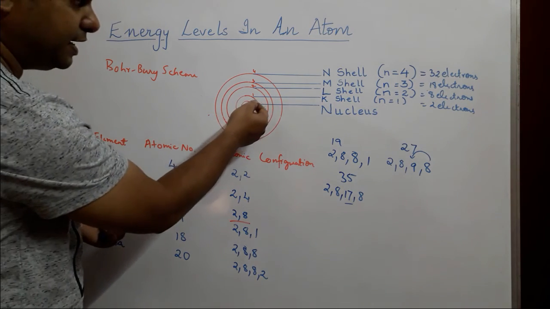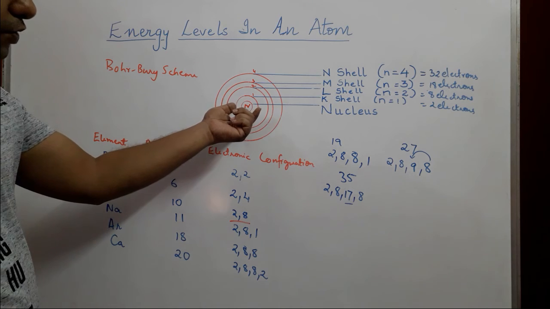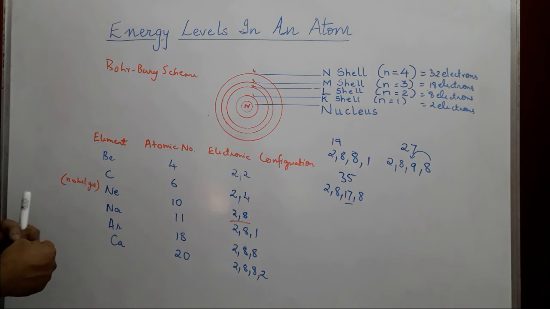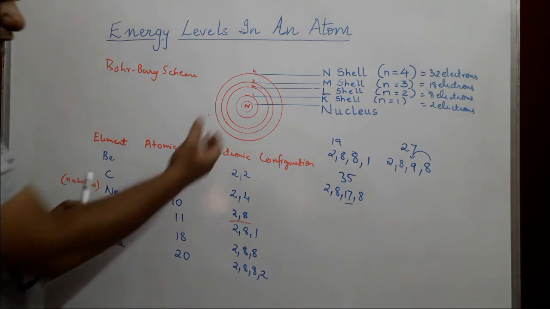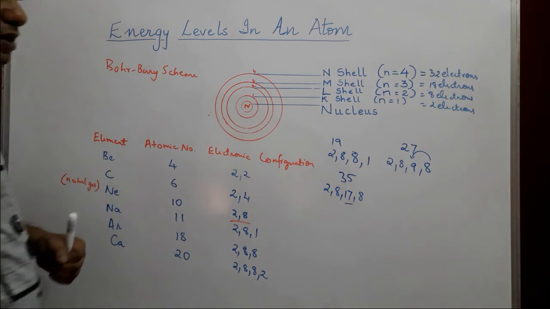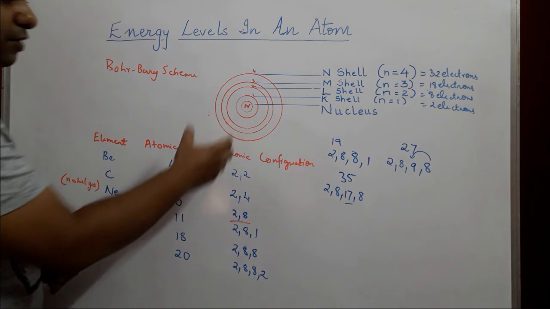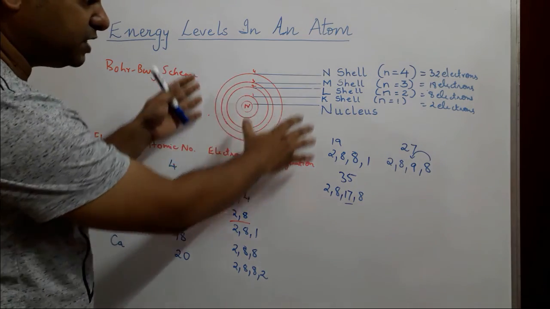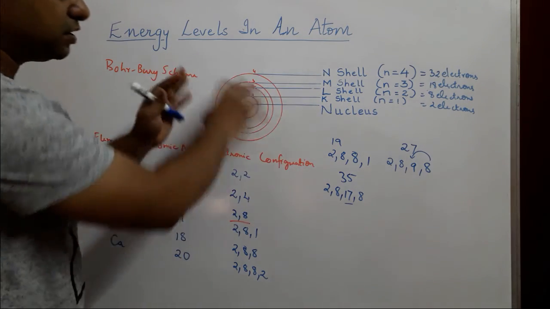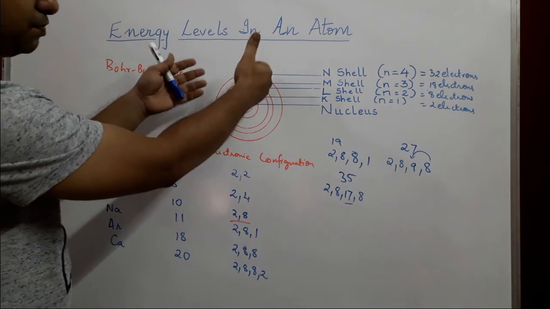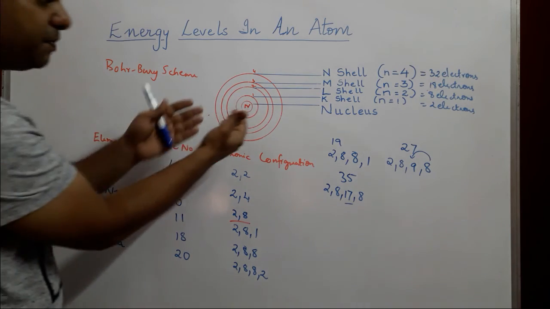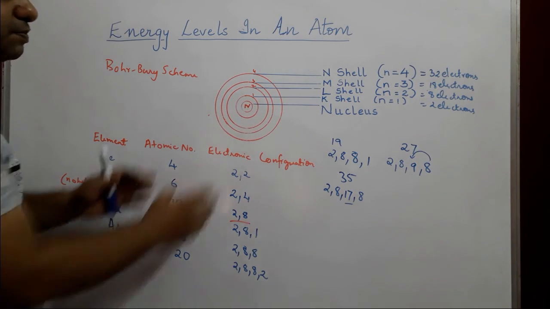For example, electrons present closer to the nucleus will be tightly held by the nucleus because of its attractive forces. As a result, they won't have a lot of energy. But if you were to try to remove or extract those electrons closer to the nucleus, a tremendous amount of energy would be required because they are held very tightly, as compared to the electrons which are present on the fringes or in the outermost shell. For example, those present within the N shell will be relatively loosely held compared to the electrons present within the K shell.